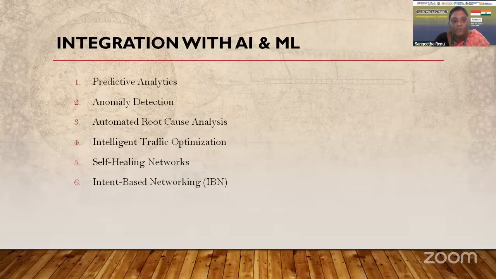Next, self-healing networks. Intent-based self-healing networks act on AI decisions and automation tools. If a path becomes congested, traffic is rerouted automatically. Intent-based networking, or IBN, uses AI to translate high-level business goals into network configurations, and monitors the network continuously to ensure that the intent is always met and correct. If not,